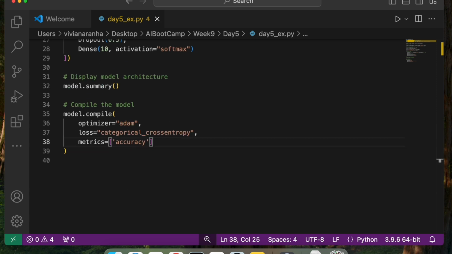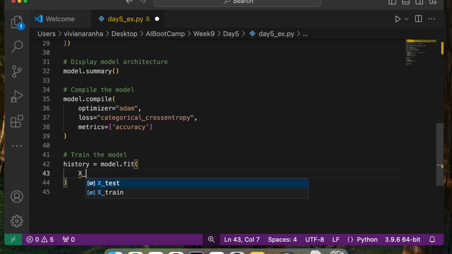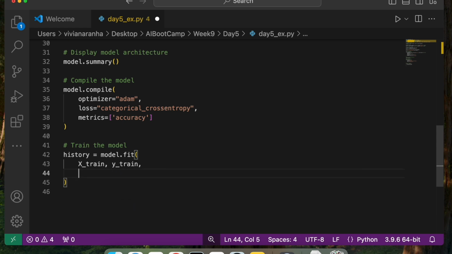And now let's go ahead and train the model. That's our next step. I'm going to say history equal to model.fit, and inside here I'm going to pass x_train, y_train, and also other parameters, such as how many epochs I want to train for.